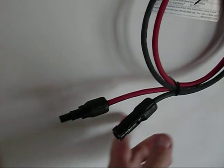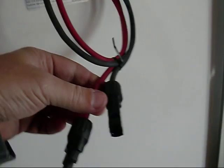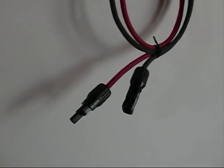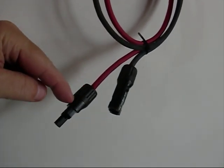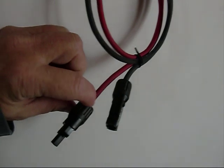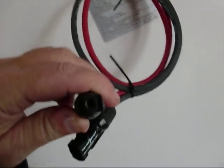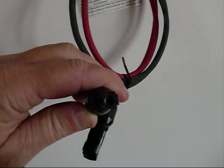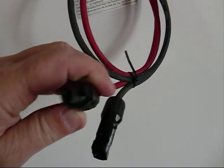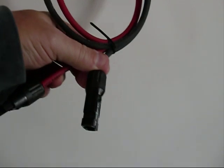Okay, I'm going to make up some cables for my Suntech panel. As you can see, the cable and connectors that they came with were these MC4s. You see the red cable coming here with this style connector, and then looking down there, which I'm sure you can't see, there's basically a wider socket in there, and then the negative lead from the panel